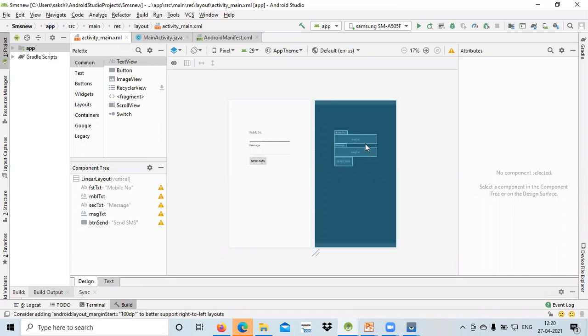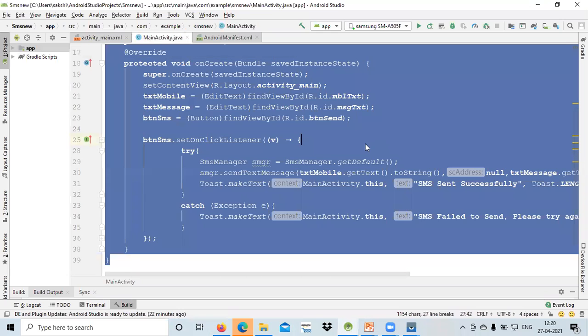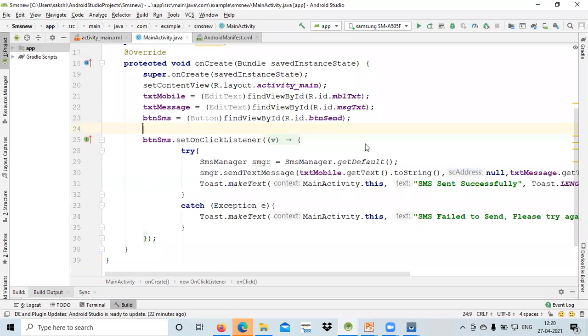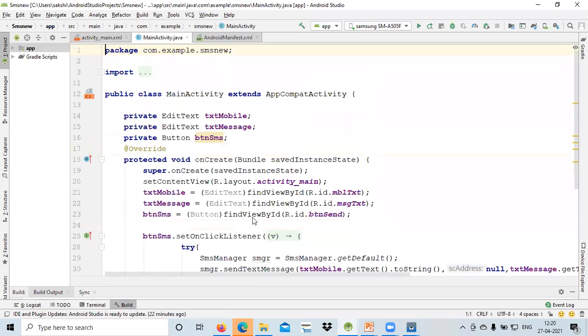Now the next thing is that here you can see over here, like we are having टू एडिट टेक्स्ट ओवर देयर. ठीक है, तो हमने उन एडिट टेक्स्ट का नाम क्या दे दिया, लाइक वी आर हैविंग टेक्स्ट मोबाइल एंड टेक्स्ट मैसेज एंड देयर इज वन button. This is the main thing, this is the particular thing on which we need to perform some task over there. ठीक है, तो बाकी तो टेक्स्ट व्यू है, उसके लिए we don't require any of that object to operate for that. This text view is just simply the message that we need to show on the screen.